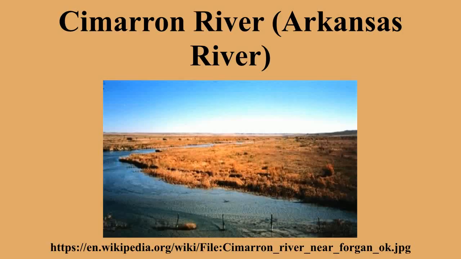The Cimarron River extends 698 miles across New Mexico, Oklahoma, Colorado, and Kansas. The headwaters flow from Johnson Mesa west of Folsom in northeastern New Mexico. Much of the river's length lies in Oklahoma, where it either borders or passes through 11 counties. There are no major cities along its route.